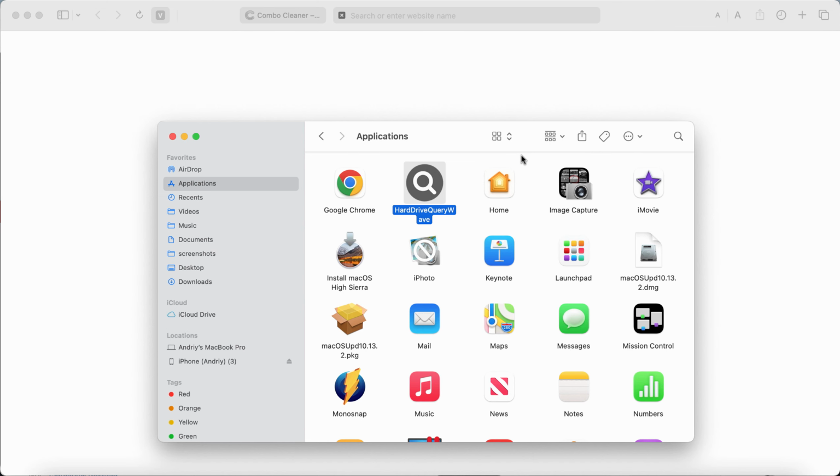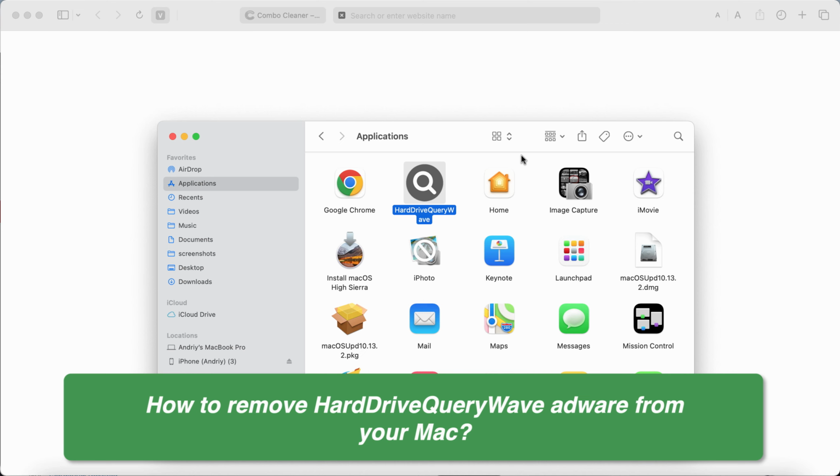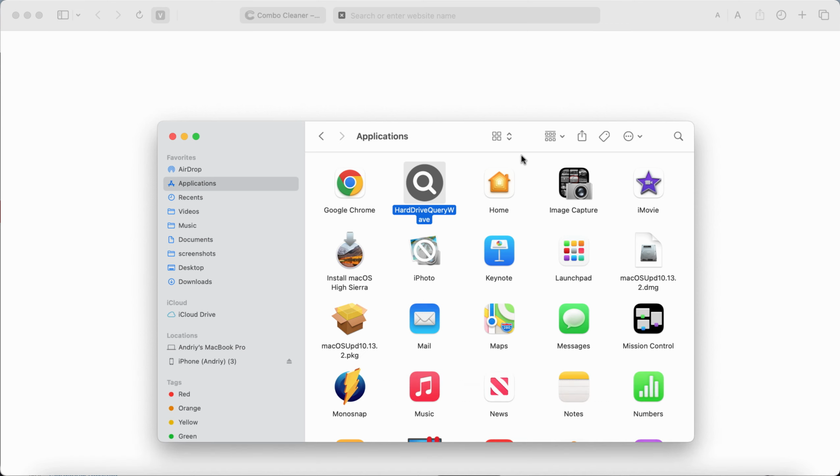My video guide is dedicated to help you get rid of the new adware called HardDriveQueryWave. HardDriveQueryWave is a new adware that we recently discovered. This HardDriveQueryWave adware, once installed, starts to display the tremendous portion of pretty intrusive advertisements not related to the sites